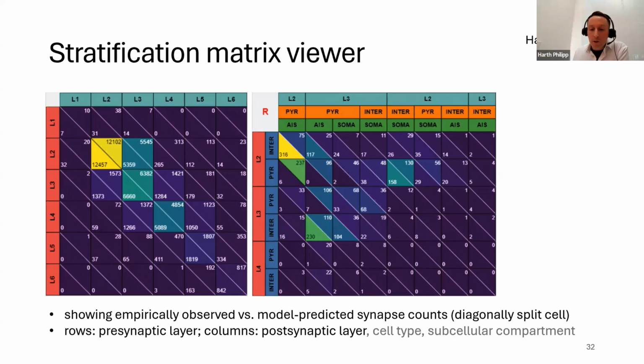Another scenario is that we use this tool to visualize the distribution of synaptic contacts. Here we have the synaptic contacts in the model stratified by layers. Rows in this case are the layers in which the presynaptic neurons reside, and the columns are the layers in which the postsynaptic neurons reside. And the matrix cells here show the number of synapses between these neurons. And here we added a split glyph, which allows also comparing different data sets. The data sets we compare in this case are the ground truth versus a model predicted synaptic connectivity count.